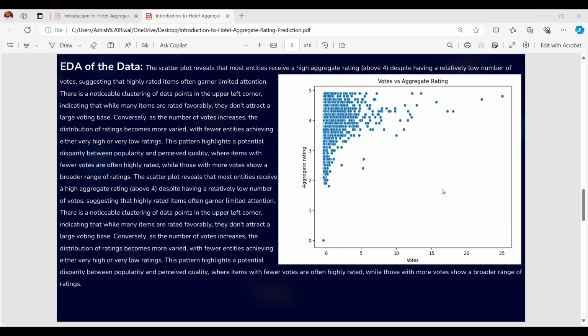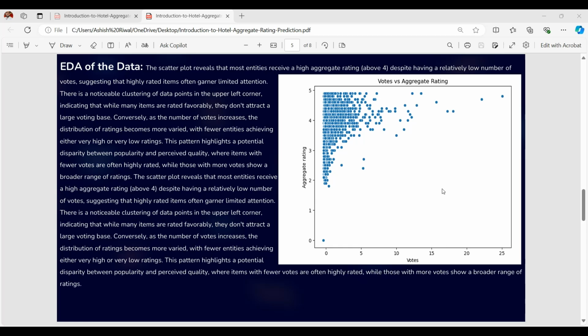Okay, and despite having a relatively low number of votes, it is suggesting that highly rated items often garner limited attention. Means there is a noticeable clustering of data points in the upper left corner, and that